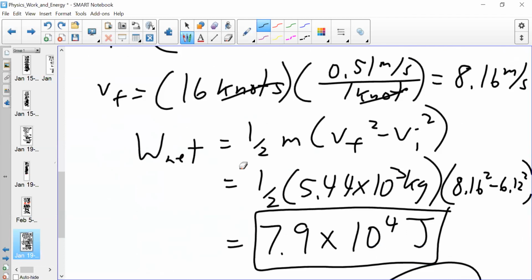Okay, net work is one half mass times final velocity squared minus initial velocity squared. Plug in your numbers there, and we get 7.9 times 10 to the 4th joules of work needed to change the boat speed from 12 to 16. And if there was a decrease in speed,